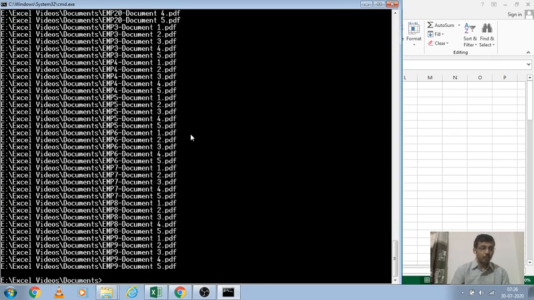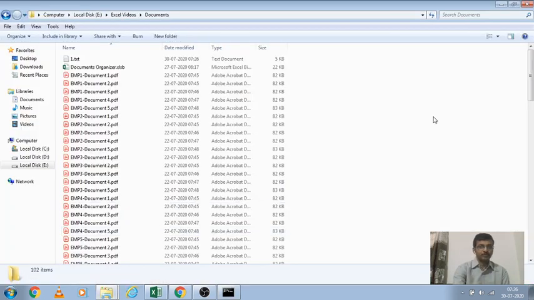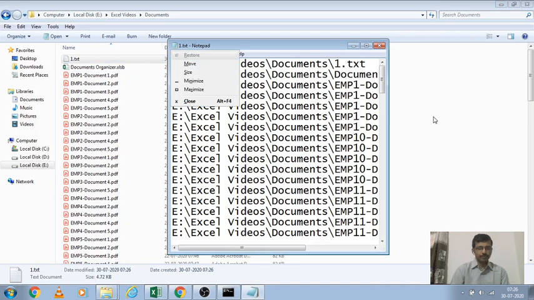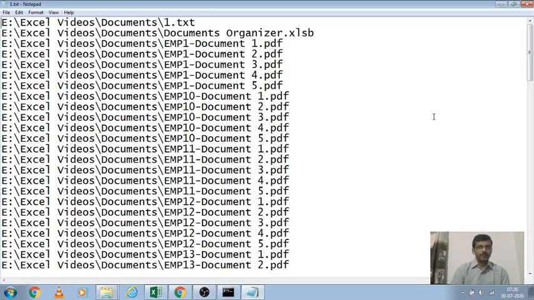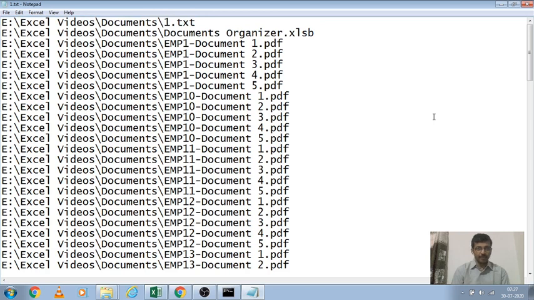Now this output I have to copy into a text file. Just putting the sample file name 1.txt. The file has been copied to the documents folder. Here the unnecessary files are also showing. I require only PDF files.